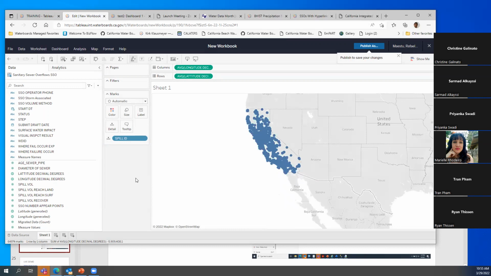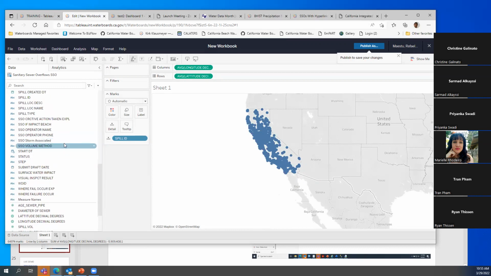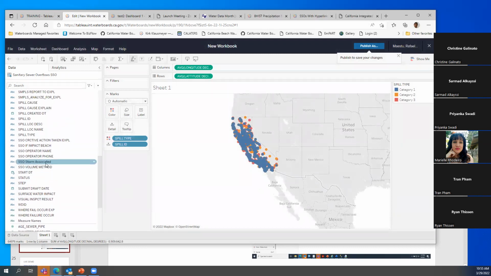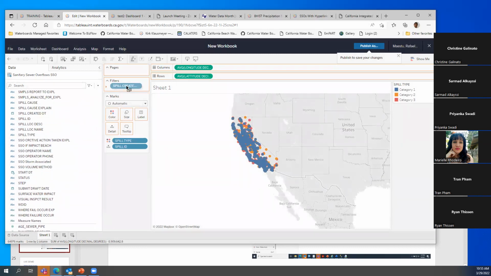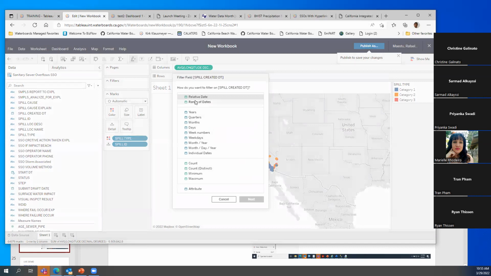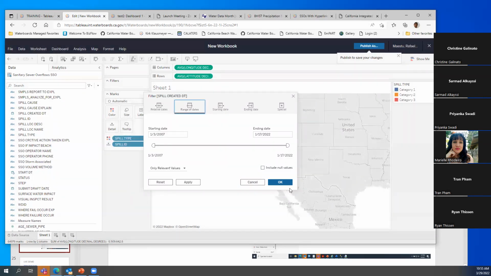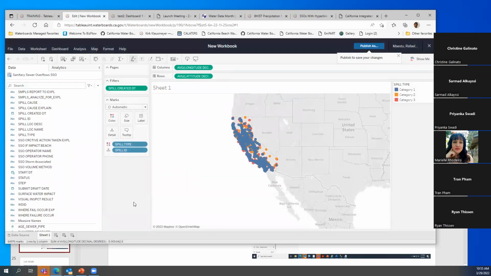Normally, it takes me more than an hour to go through examples and how to work with this data. But again, there are many ways you can start looking at the information and organize it by date. Like you just want to show the spills from a range of dates, for example.